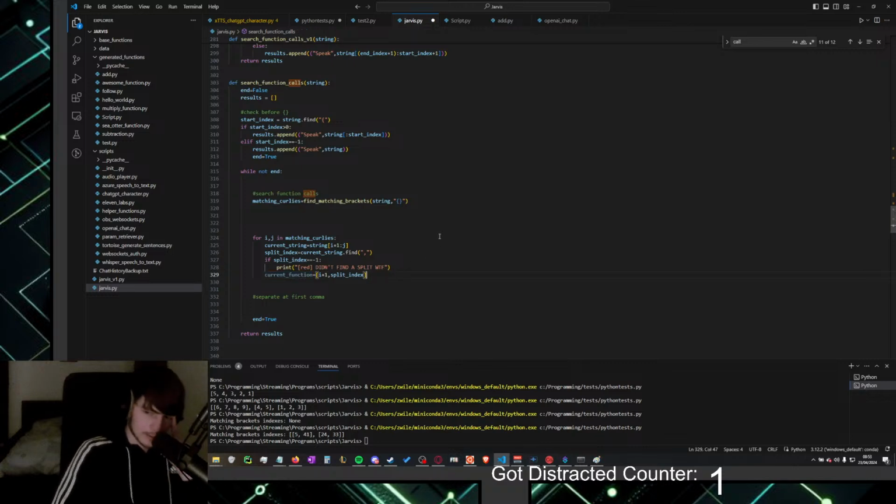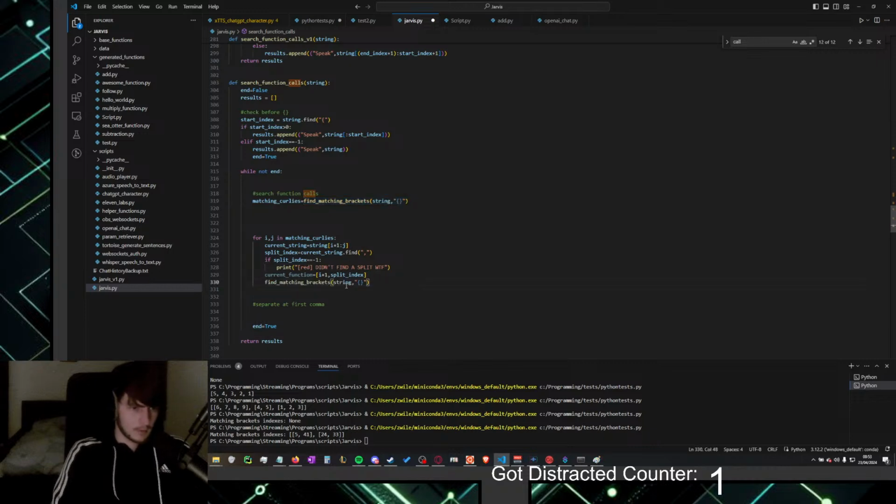Now, how do we handle the data? I think it should just be find matching brackets of current string, and we search for round brackets.